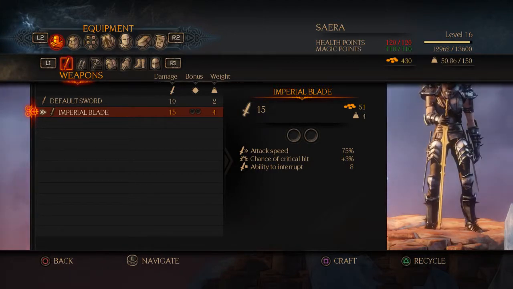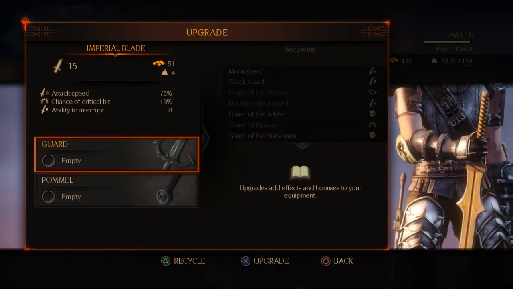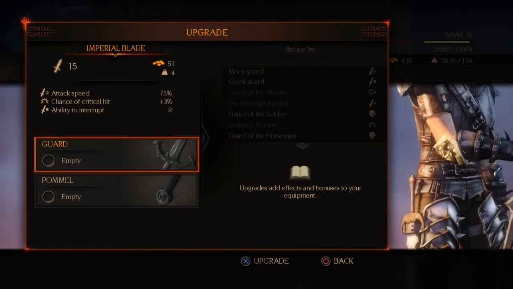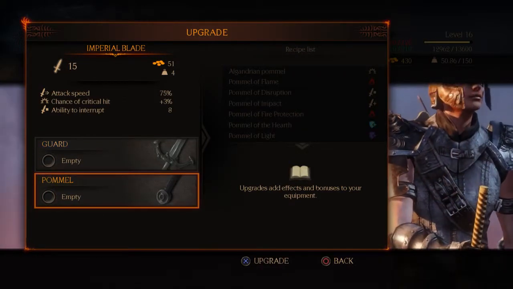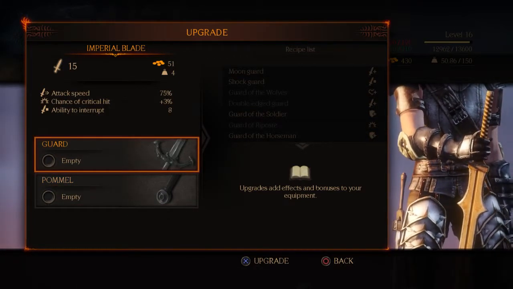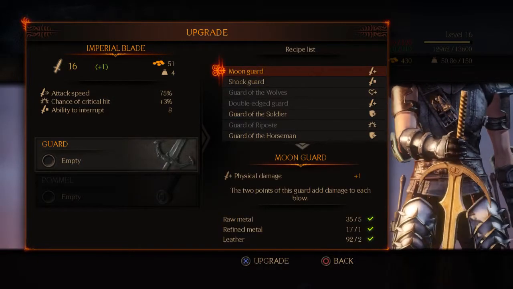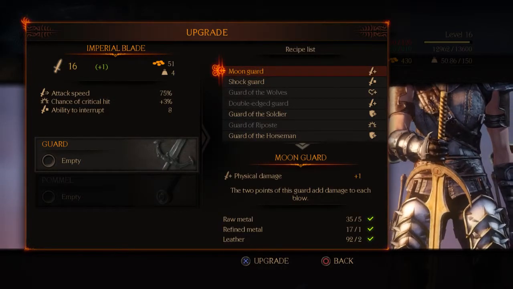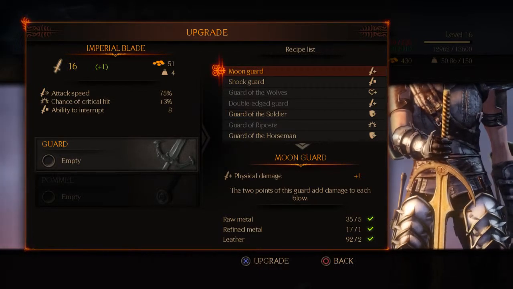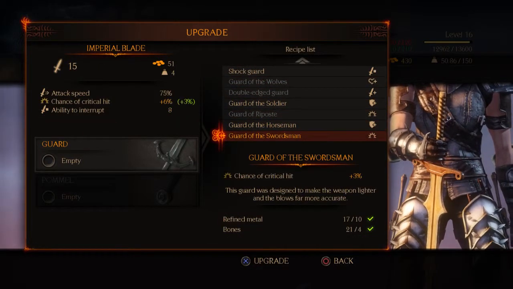Now to craft on your weapons, all you do is press square. Then you see that your 2 choices are empty. As it says there, upgrades add effects and bonuses to your equipment. So I'm going to start with the guard. As you can see already, it's shown the customization on the screen. I've got a choice between Moon Guard, Shot Guard, Guard of the Soldier, Guard of the Horseman, or